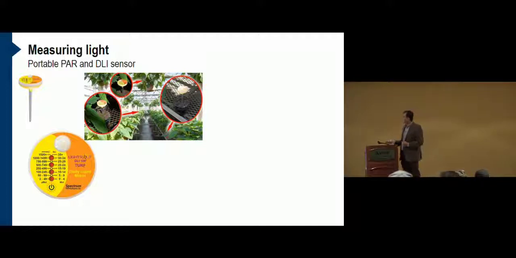In addition to daily light integral, it also provides the average photosynthetic active radiation for you to look at. So depending on your interest in that production system, you may deploy several of these sensors in different locations and look at maybe the uniformity of light distribution in that environment. Or if you have hanging baskets like that, you can put one sensor around that hanging basket and look at the shading patterns, to see if you need to improve something in terms of your management and production practices